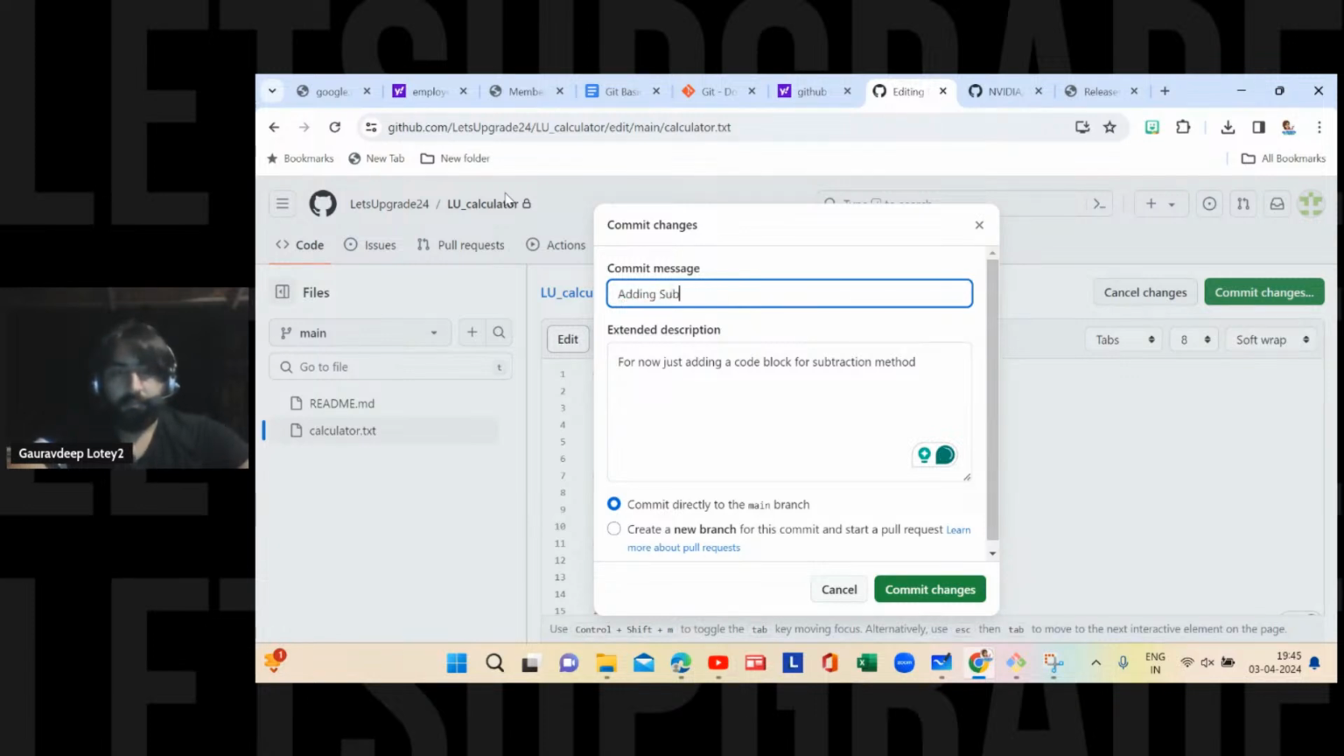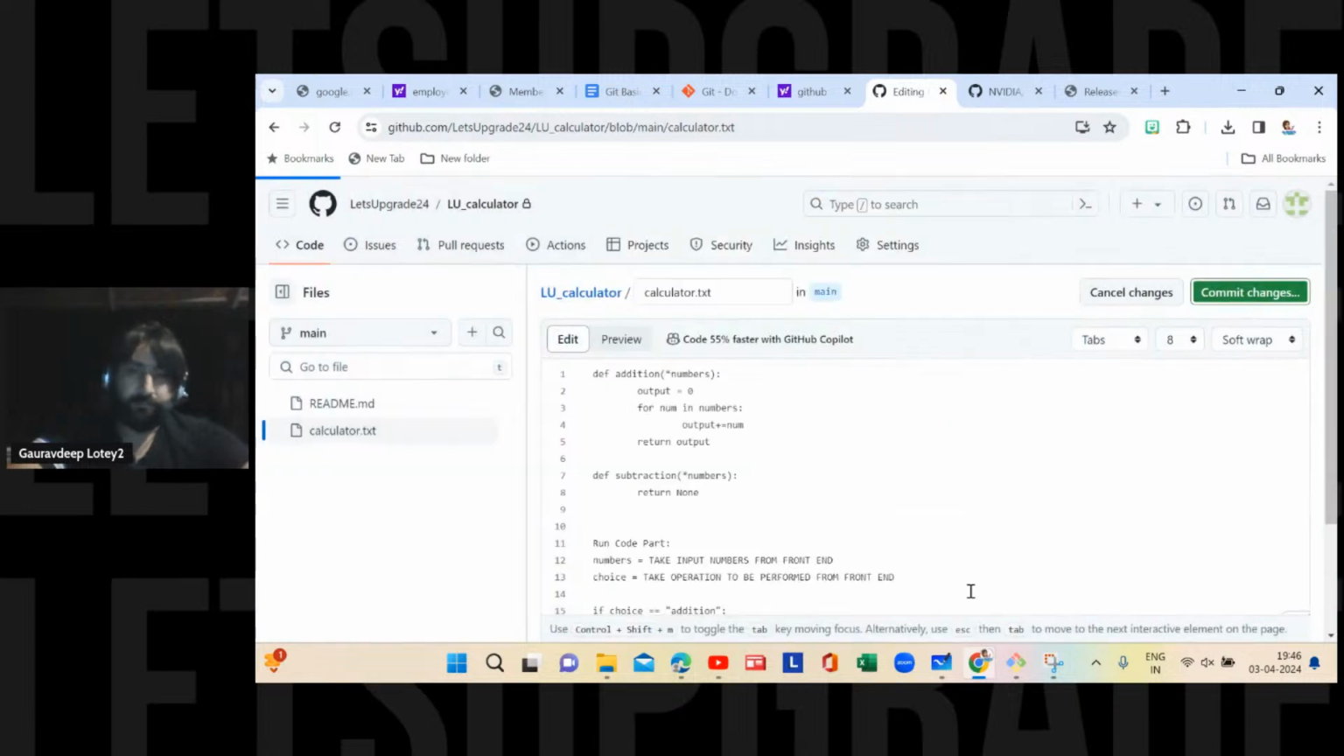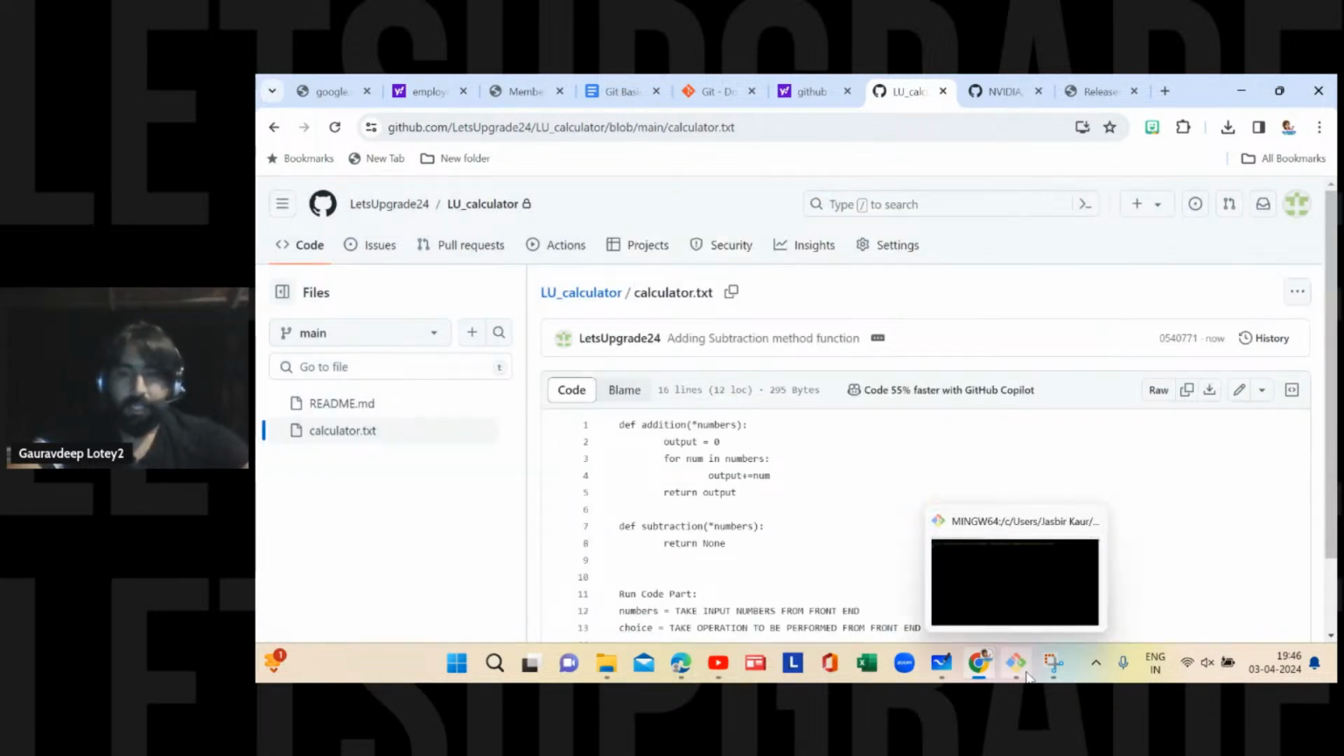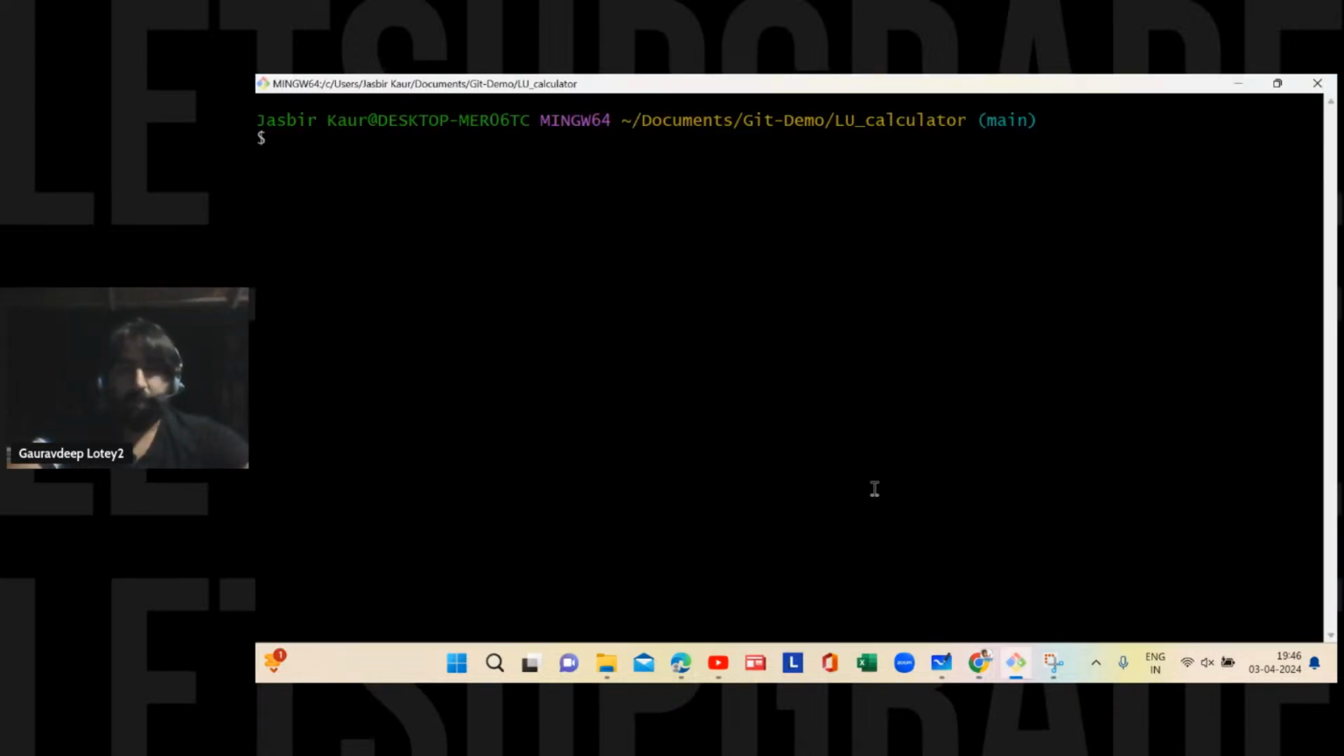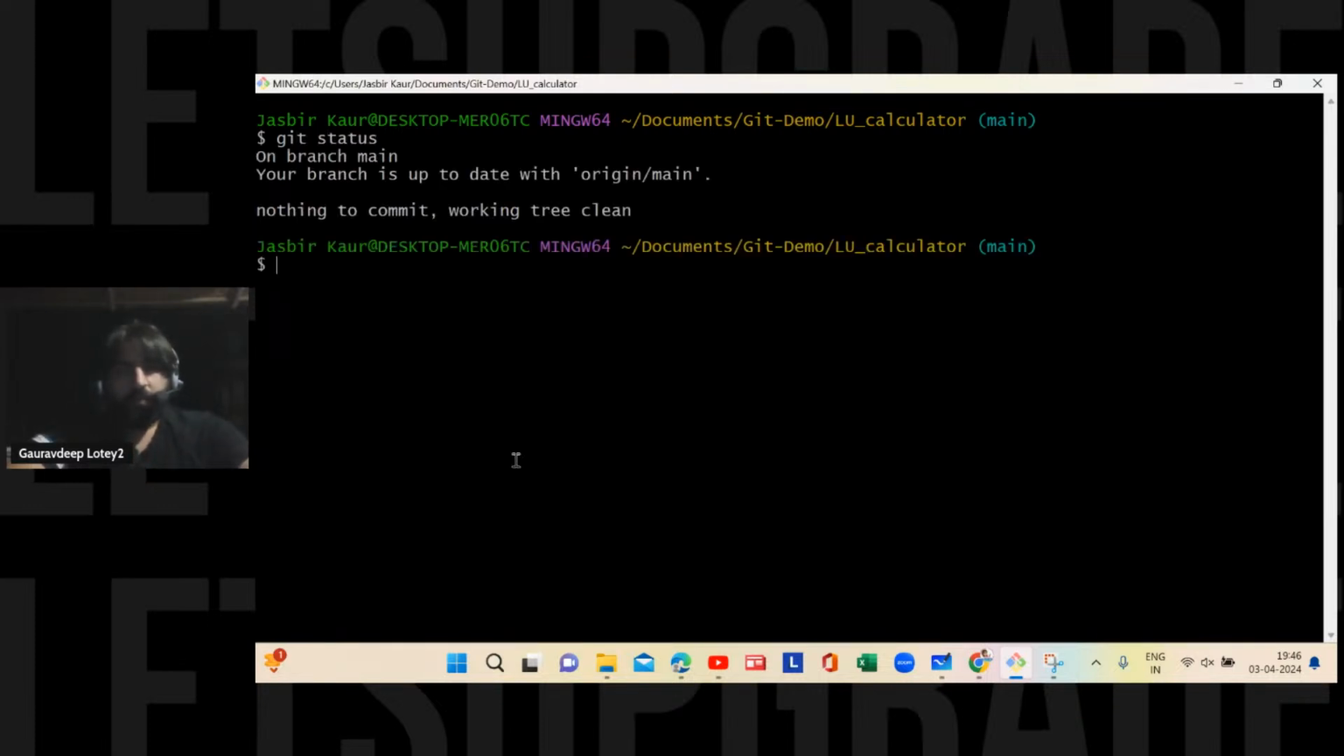कमिट मैसेज क्या करना है? एडिंग subtraction method function. कमिटेड डायरेक्टली टू द मेन ब्रांच या न्यू ब्रांच बनानी है? अभी तो मेन ब्रांच में कमिट कर देते हो. डन. ठीक है. अभी अगर आप यहाँ पर देखो, इफ आई डू गिट स्टेटस हियर नाउ, ऑन द मेन ब्रांच, योर ब्रांच इज अप टू डेट विद द ओरिजिन मेन, वर्किंग ट्री इज क्लीन. ठीक है. तो अभी मैं यहाँ पर ट्राई करूंगा गिट पुल लेने. आई टेक गिट पुल,